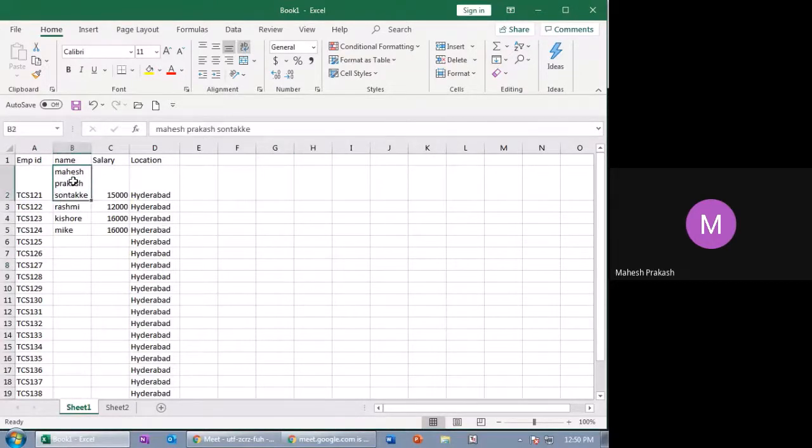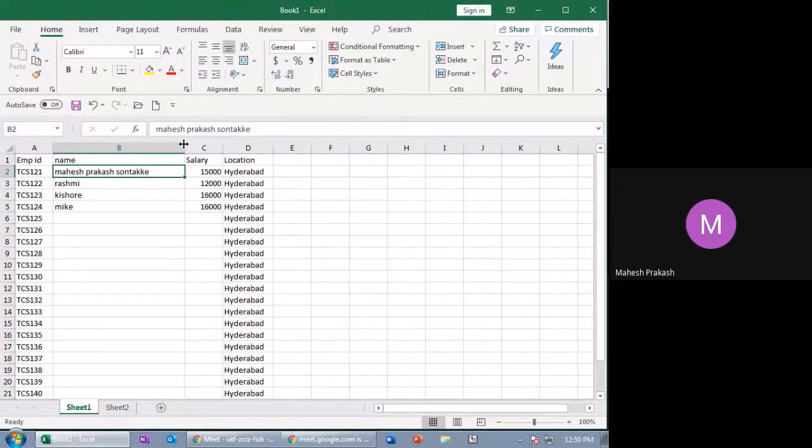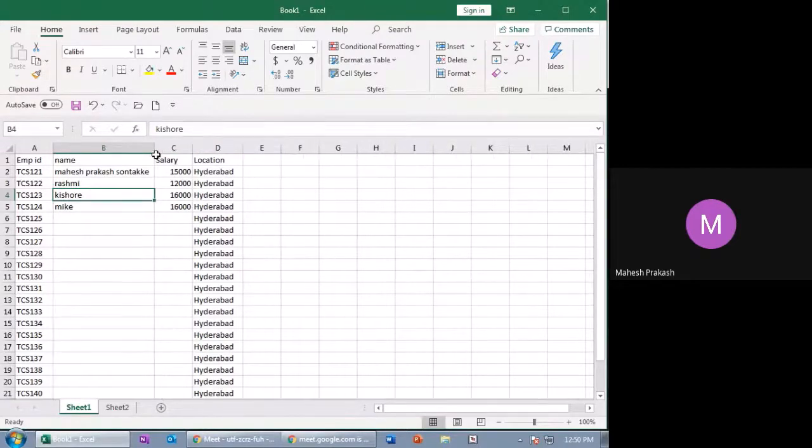Now my complete name is visible within that single cell. I'm not spoiling the design of the table as well. If you don't do it in that way, now if you drag it, it's taking a lot of space. Maybe you want to print it as well. If there are many columns in that print, it won't look nice and it won't be in a specified manner. So you can click on wrap text.